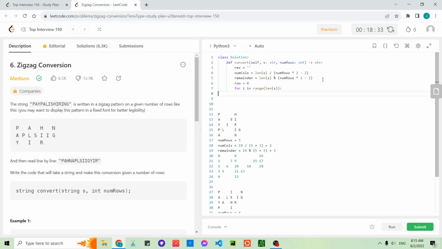Let's say we have this row index as well. Okay, so if we are in the first row, then we don't have diagonal elements, so what do we do? We would like to get index 0, 8, and 16. I'm thinking this is definitely not the best way to do it, but I'm thinking